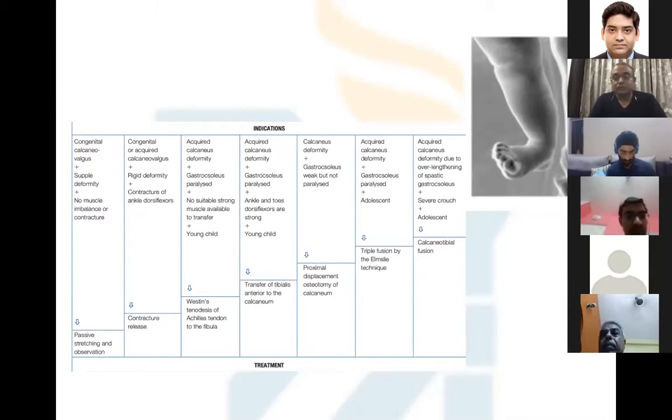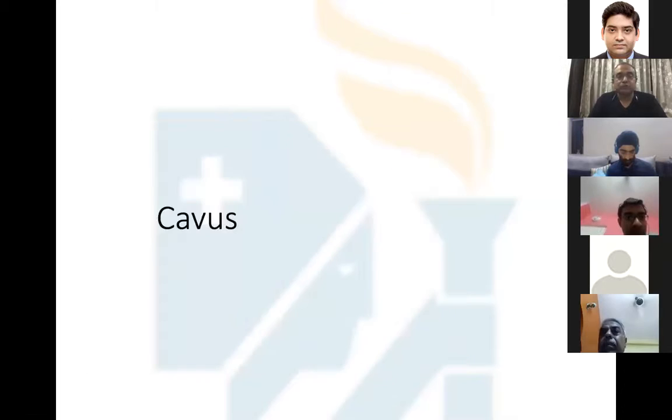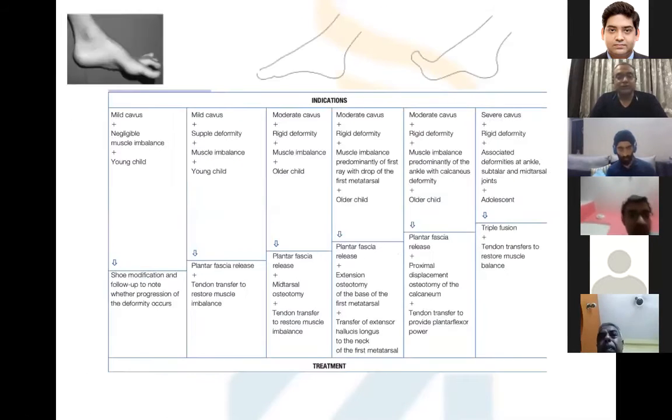And at times, when it is an acquired calcaneus deformity in a slightly older child, and it's very tight, sometimes we have to go for triple fusions also. Now let's go to the next common deformity, that is the cavus deformity. Now this cavus deformity, if it is mild and there is not much muscle imbalance, is again